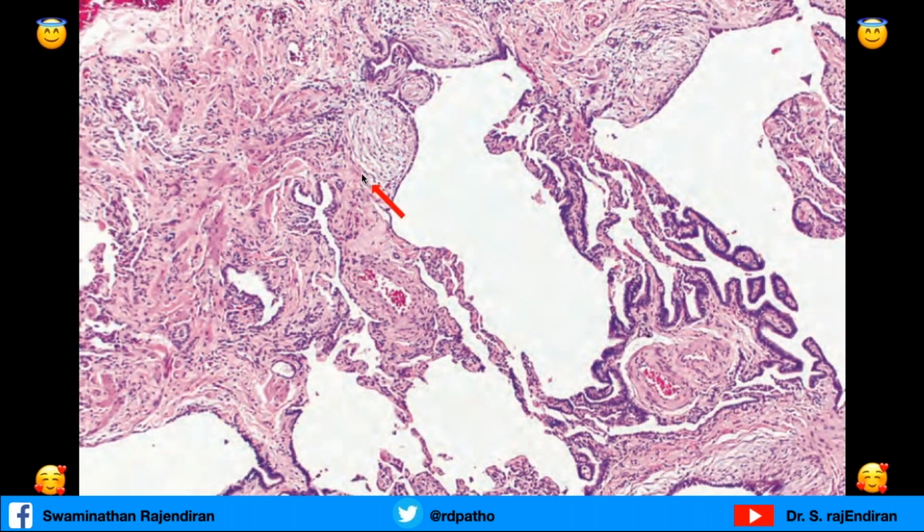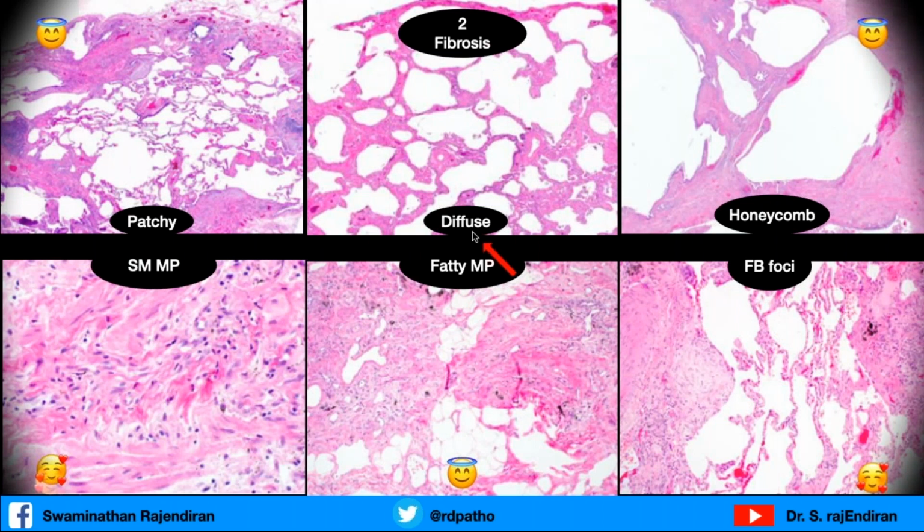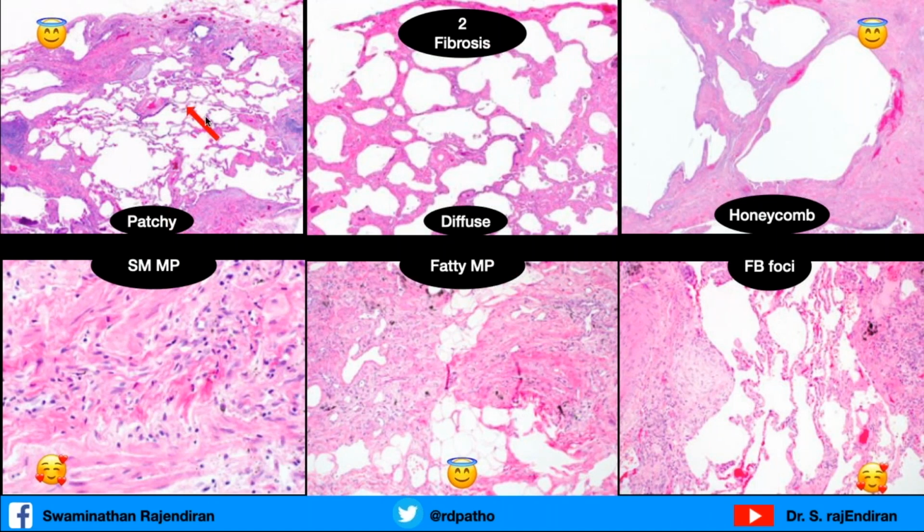So this is pattern 2, where you see a lot of fibrosis, and remodeling of the alveolar spaces with bronchiolar dysplasia. And there is fibroblastic proliferation at the junction of the dense fibrosis and almost normal-appearing alveoli. So this is pattern 2 or fibrosis, and because of the fibrosis in the low power, it will look pink. And whenever you see fibrosis, you have to see whether it is patchy or diffuse, because patchy is more characteristically seen in UIP, usual interstitial pneumonia, or idiopathic pulmonary fibrosis,